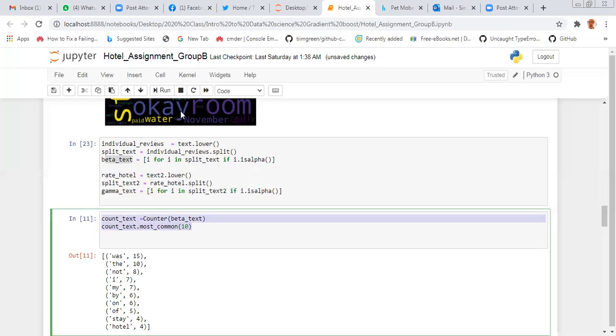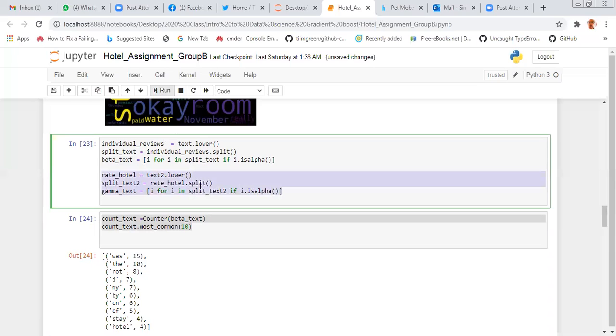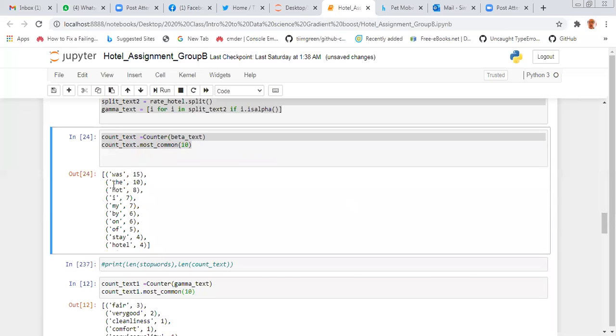And then we're running it. After we ran that line of code, it showed the most common word, which appears 15 times in our data that we collected. The next is 10, then 8, I, which is 7, my, which is 7, by, which is 6, on, off, stay, like that, the hotel. After we have shown how many words we have there,